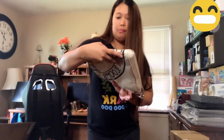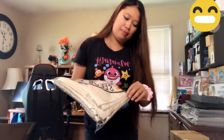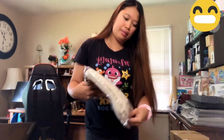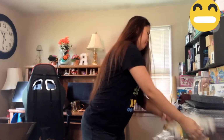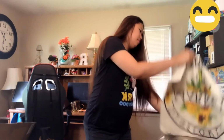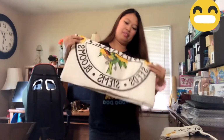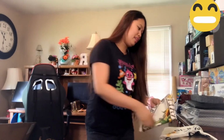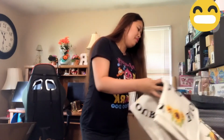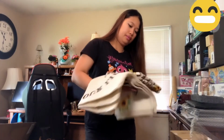And also, we got some pillowcases. It's a farm style pillowcases. Let's see. Like this. So you can see the text backwards. So, well, that's it. We also got